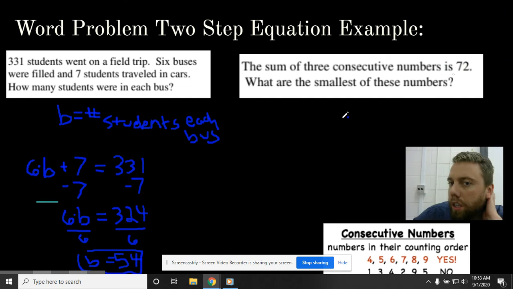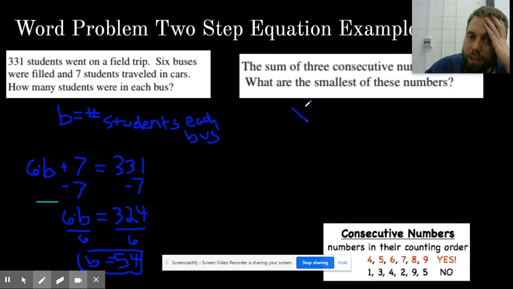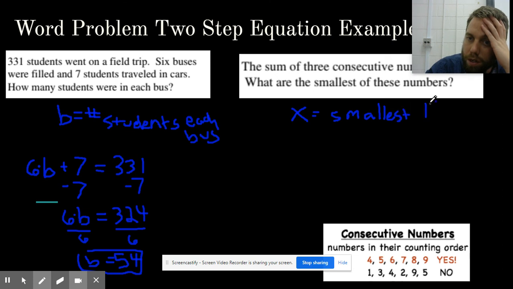So it asks us, the sum of 3 consecutive numbers, meaning counting numbers like 3, 4, 5, or so on, is 72. The sum means you add them all together. What is the smallest of these numbers? So we'll call x the smallest number. Smallest number, okay? And we know x